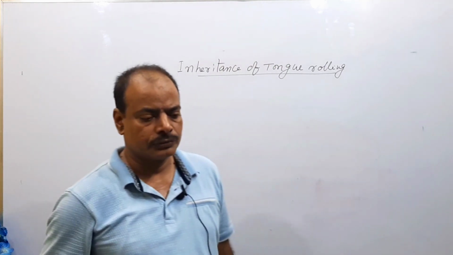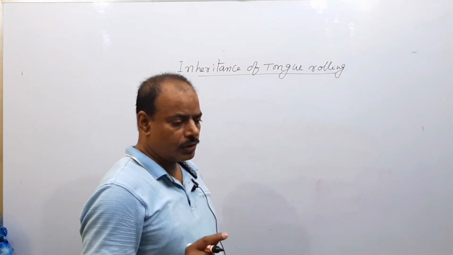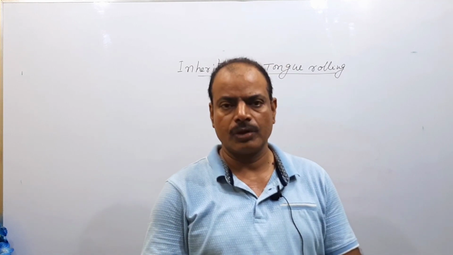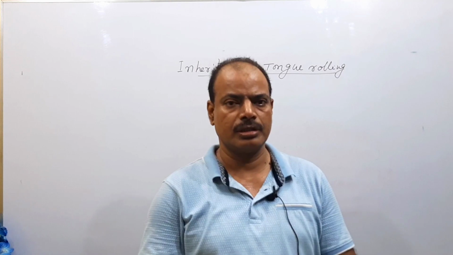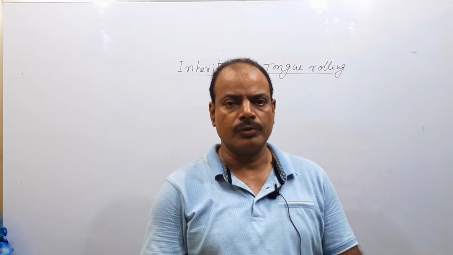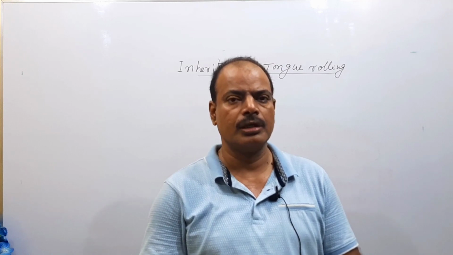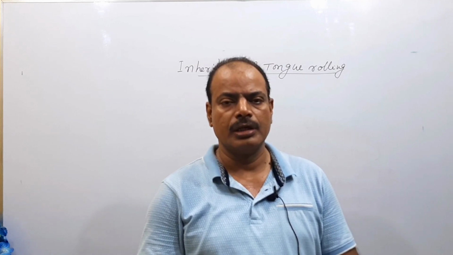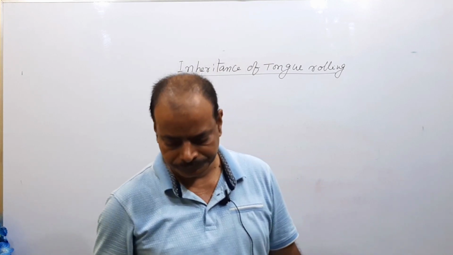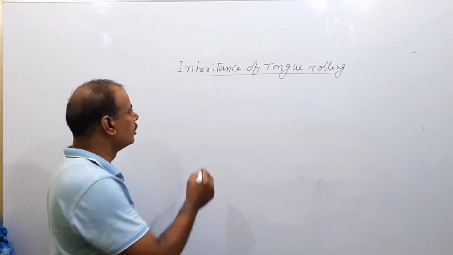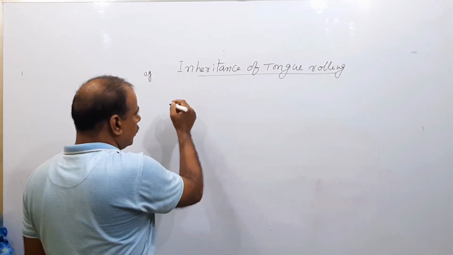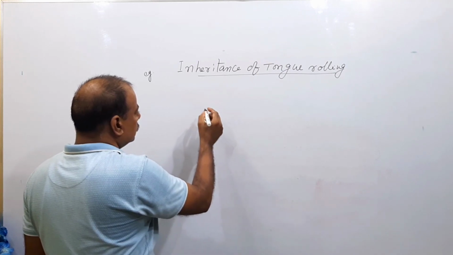Now, non-rolling is expressed by only homozygous recessive condition, whereas if any one or two superruling genes or alleles are found, then it can express the feature of tongue rolling. So here we are taking an example of tongue rolling. Suppose